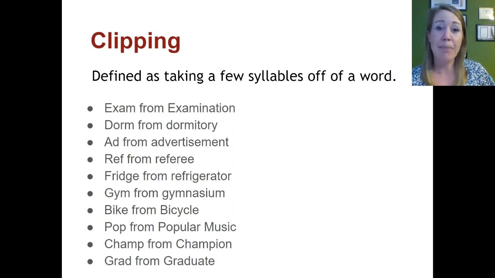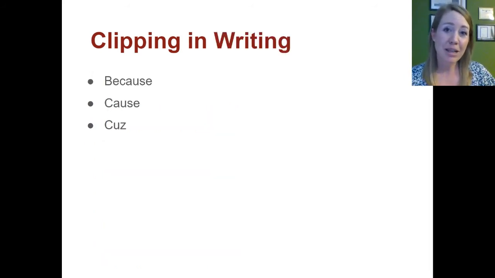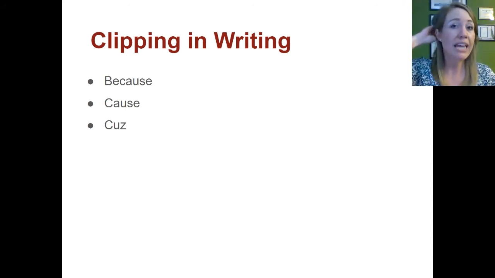So that's happened a lot with clipped words. We're just so familiarized with its clipped version, we don't think of it as a clipping anymore. The concept of clipping kind of exists in writing as well. So we have the word because, and I can clip that orally by just saying cuz, but in writing, I can clip cuz even further. I can take it from C-A-U-S-E down to C-U-Z. So there's an example of how clipping can exist distinctly in writing as well.